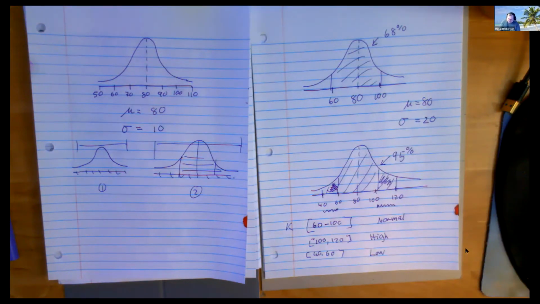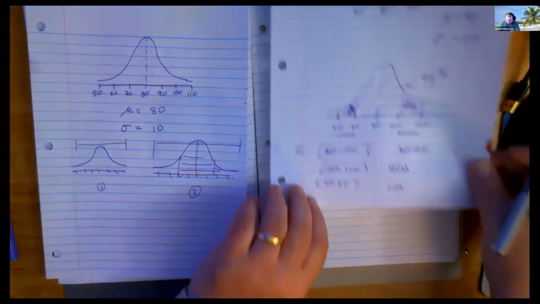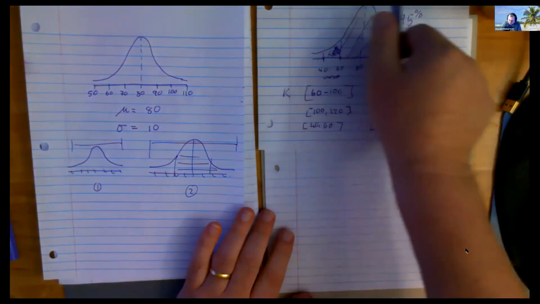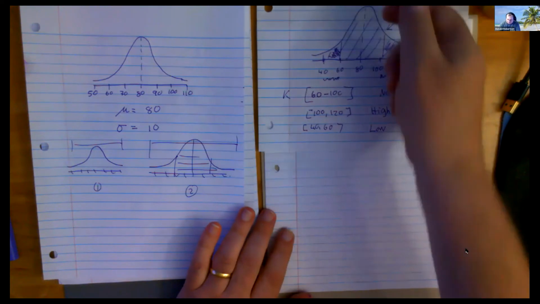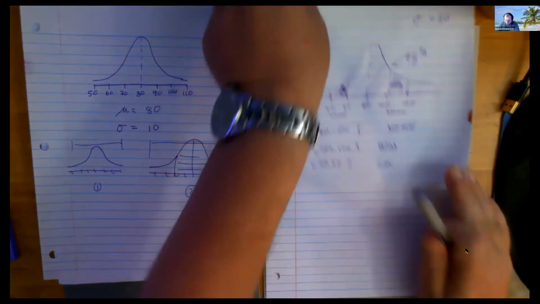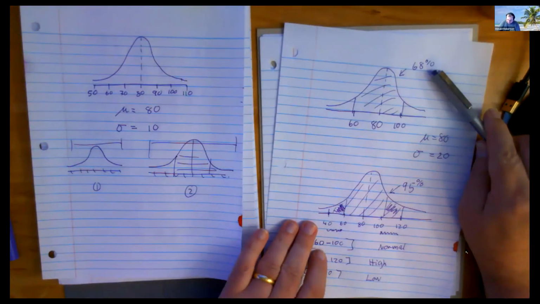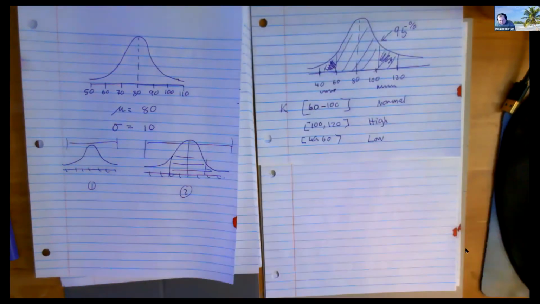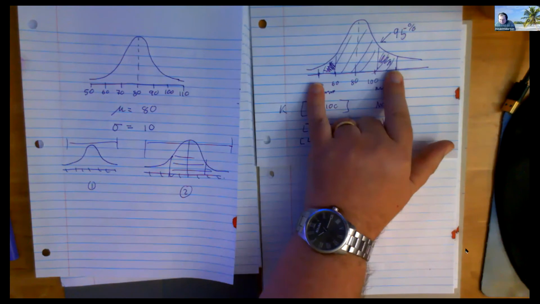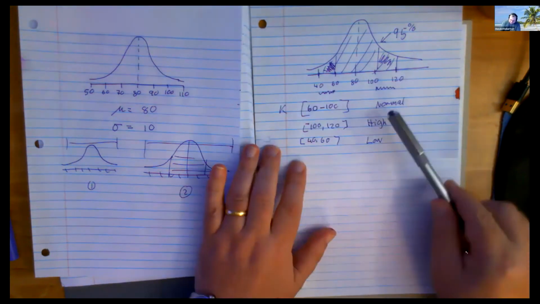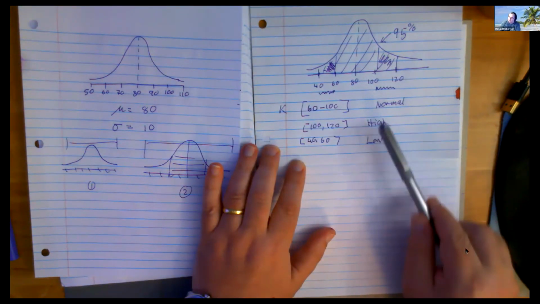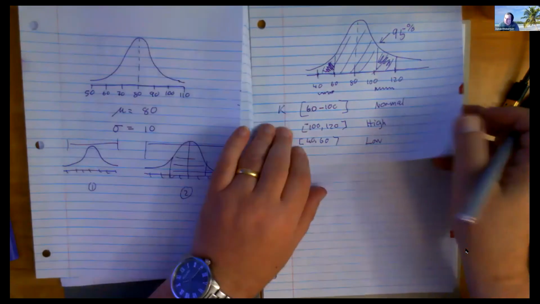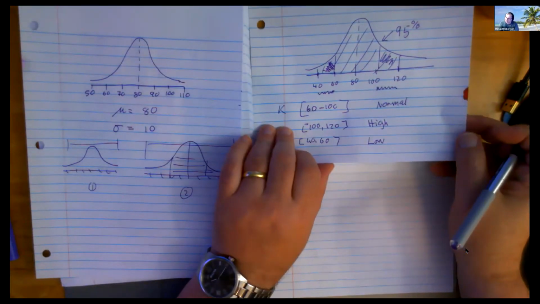Now, I said there are three standard pictures, right? One standard deviation away from the mean is 68%. Two standard deviations away from the mean is 95%. And within that, can you see how you can now figure out highs and lows? Won't the last one be 3 standard deviations?